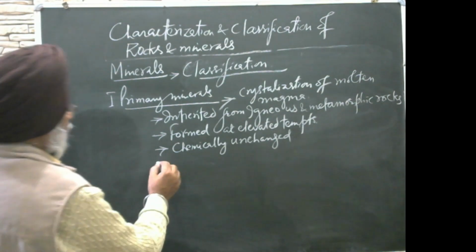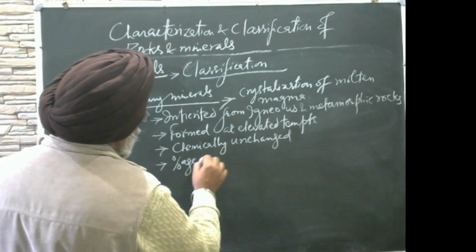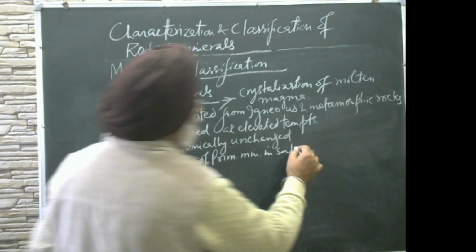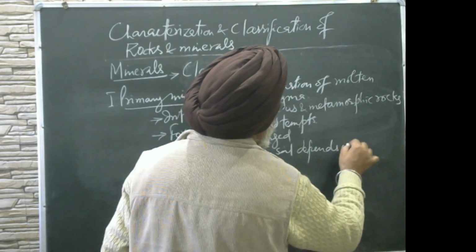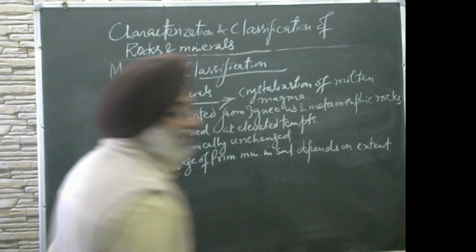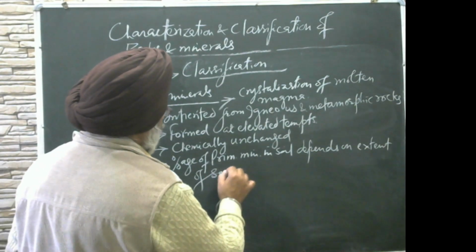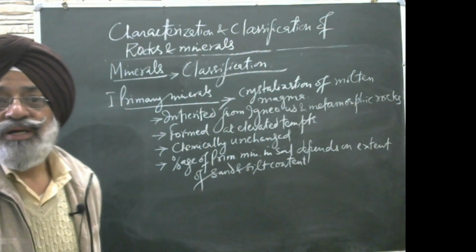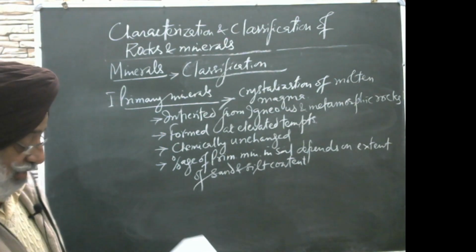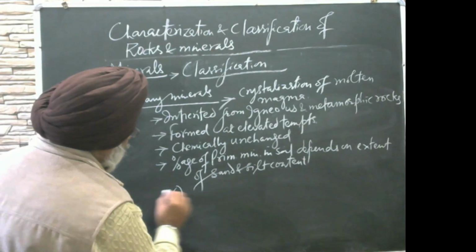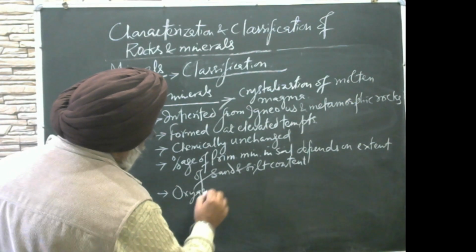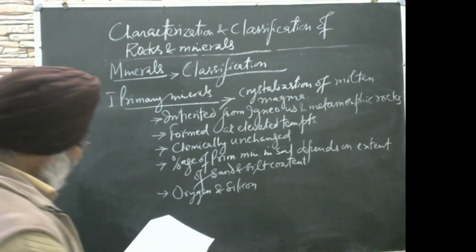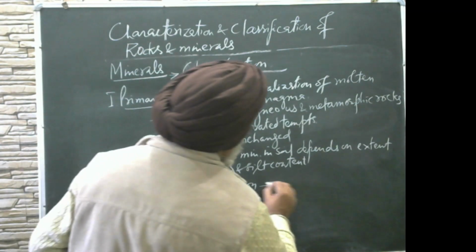And the percentage of primary minerals in soils depends on the extent of sand and silt content. Higher the amount of sand and silt content in the soil, higher will be the proportion of primary minerals, because oxygen and silicon ions, together with one or more cations, are combined to form silicate minerals,